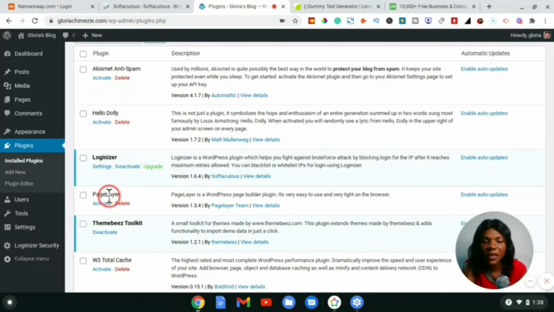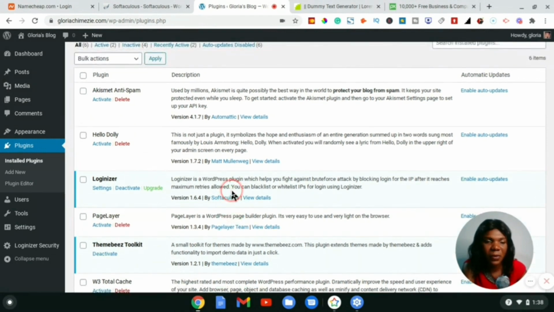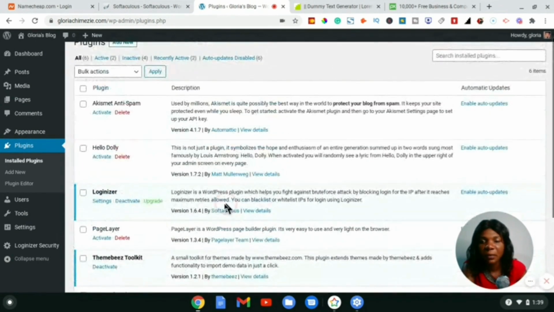That error, I also deactivated this page layer plugin. You see, this is actually why I don't usually like some of these pre-installed plugins that you didn't even put there in the first place, because some of them you really might actually end up breaking something on your page. So I'm also going to